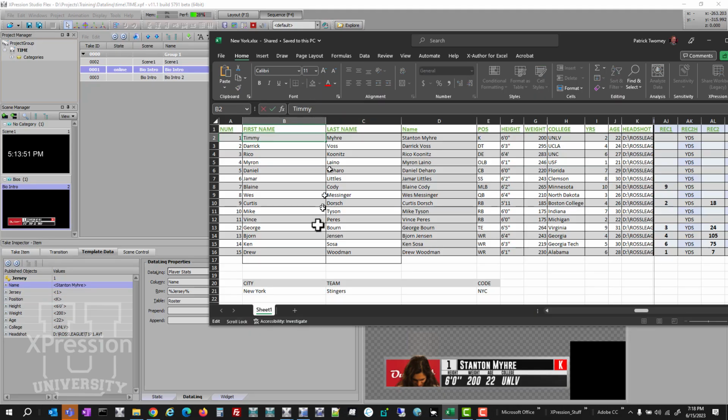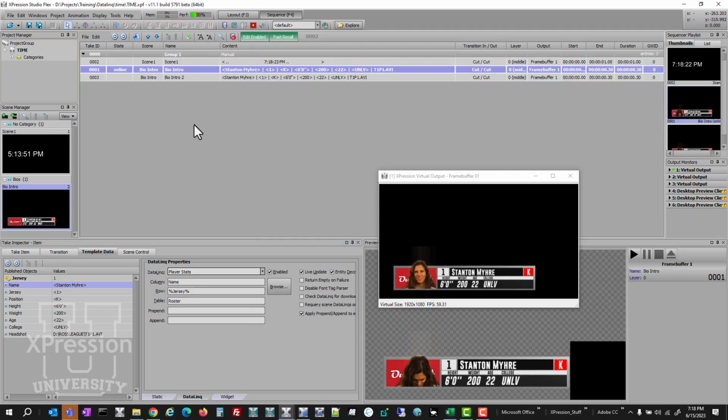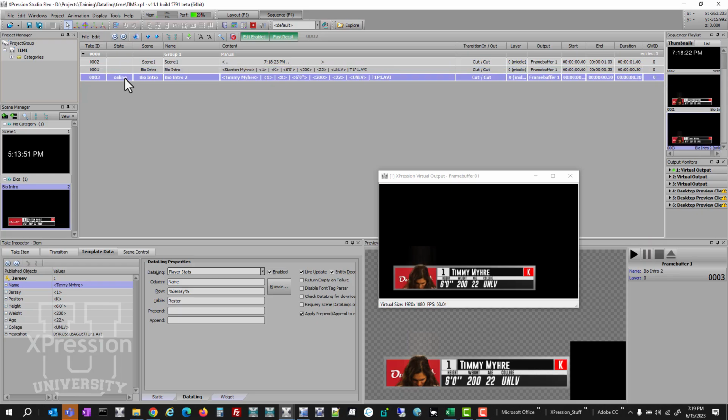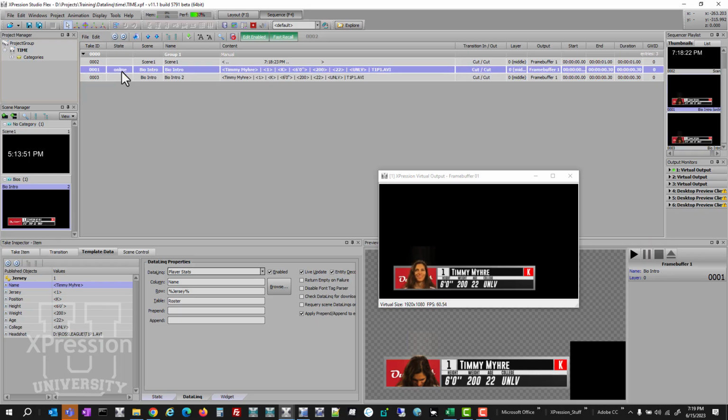Timmy, what I want you to notice, and I've got to save the file, so if you save the file there, you can see if I take that graphic offline and I put it back online, it's now reaching out to DataLinq because, again, I changed that when it was put on the frame buffer. So the content was already there. So if I take number 3, that content is there,